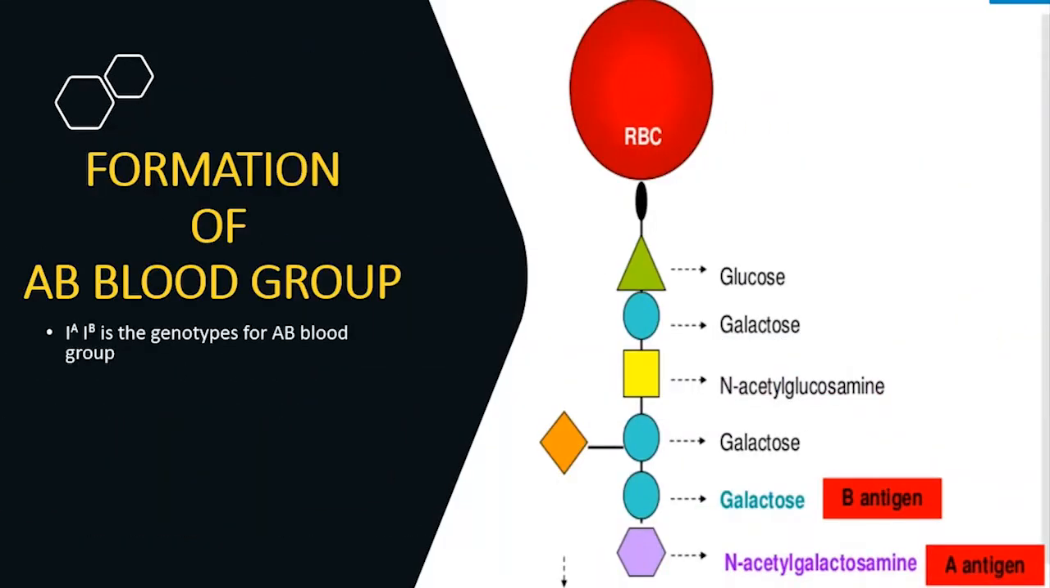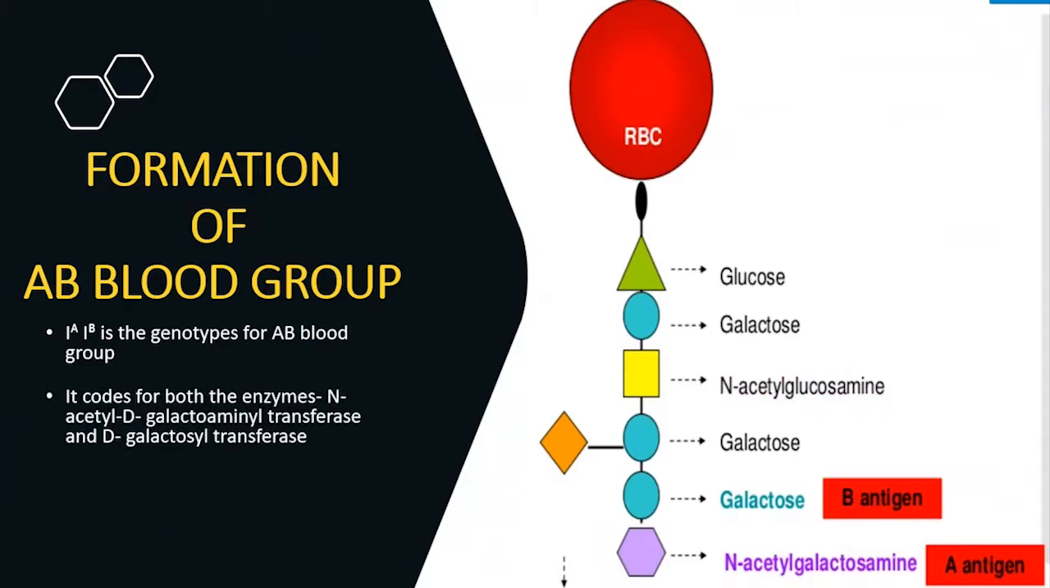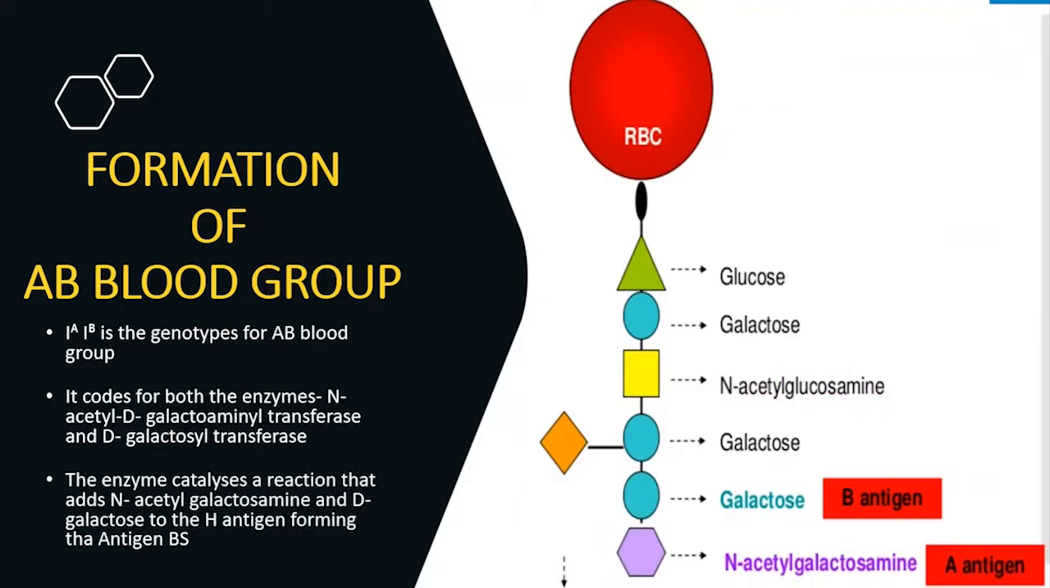Similarly, in case of AB blood group, the variant which is present is the IAIB form. So this is the genotype for the AB blood group, and it codes for both the enzyme N-acetyl D-galactosaminyl transferase as well as D-galactosyl transferase. So these two enzymes are both catalyzing the addition of two molecules to the H antigen base. This is N-acetyl galactosamine and